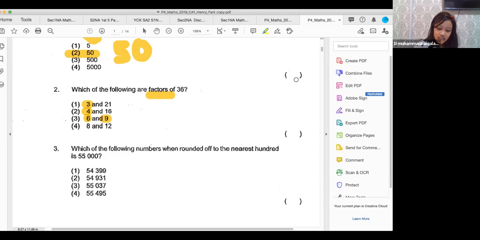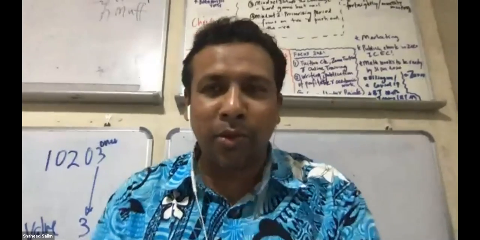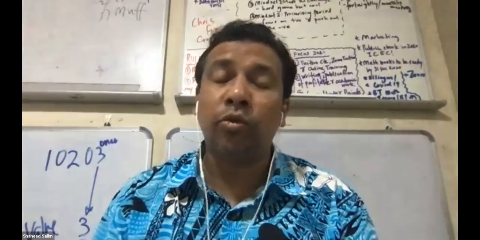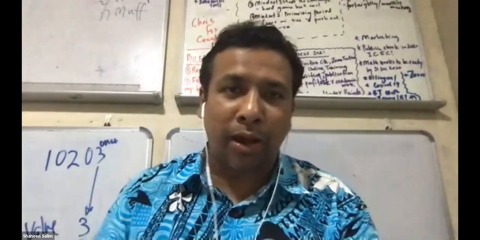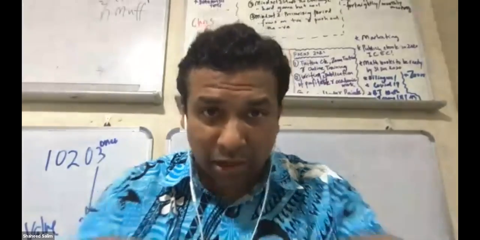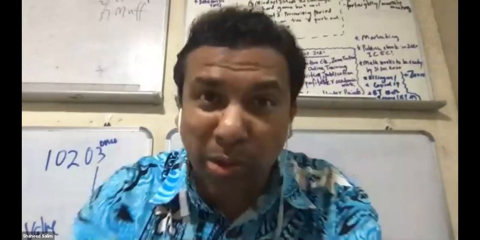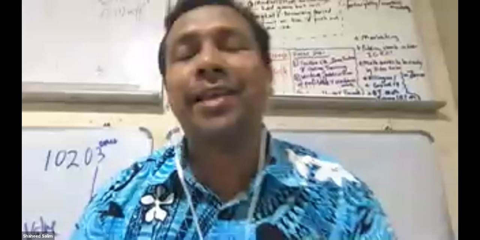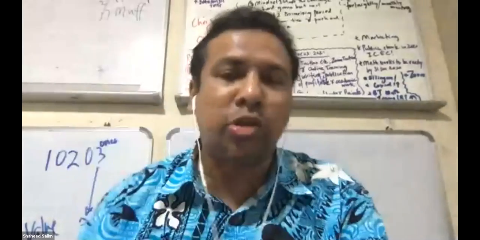Okay. Now I want you to feel. I want you to be honest with yourself. When your friends say the answer is 2, in your heart you feel maybe 2 is correct. Don't feel that way. Be confident in what you are. I have asked some students, for example, "Are you girls?" Then they say yes. I say, "Are you sure?" I'm not sure. Don't be like that. You must be sure. Amara, are you a girl? Yes. Are you sure you are a girl? Yes, you must be sure. Same thing. If you give your answer, you got to be sure.